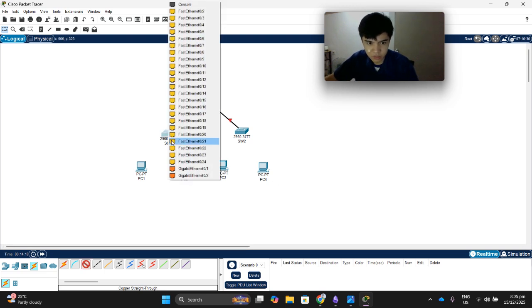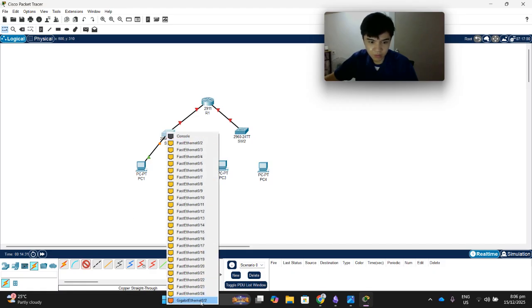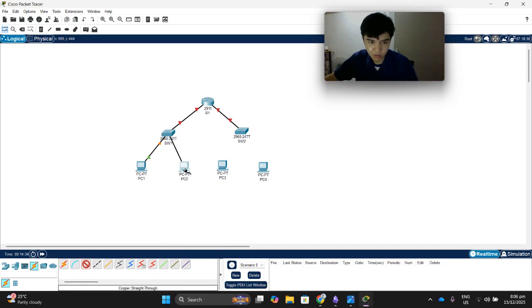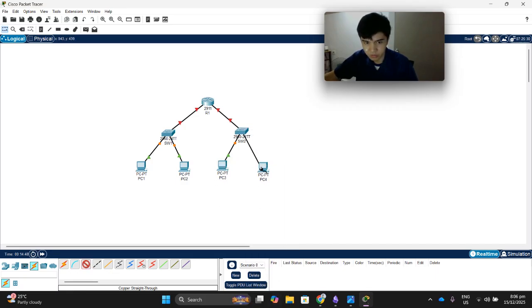So here, we're gonna use gigabit Ethernet 0/1. We're gonna connect it here, fast Ethernet 0. Then another one, we're gonna connect it here, gigabit Ethernet 0/2. Then we're gonna connect it here. Just the same, we're gonna do the same: gigabit Ethernet 0/1, and again gigabit Ethernet 0/2, and fast Ethernet 0. Now that we're done connecting them, the next thing that we're gonna do is to configure